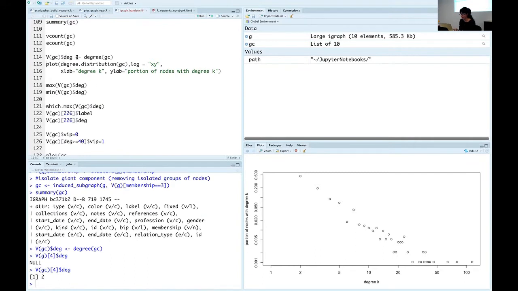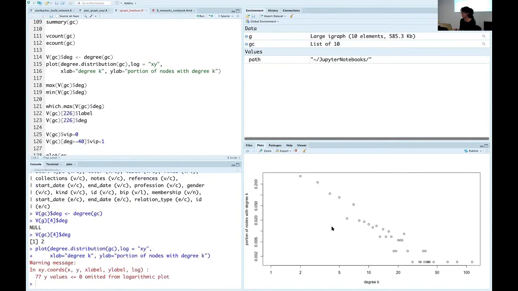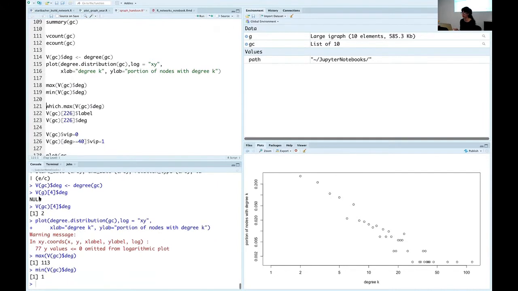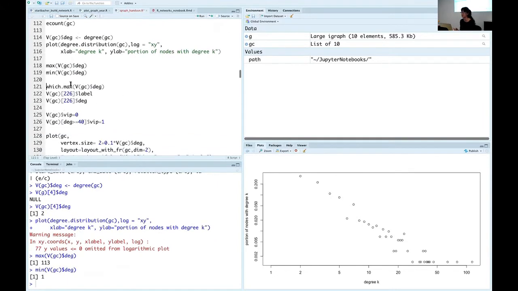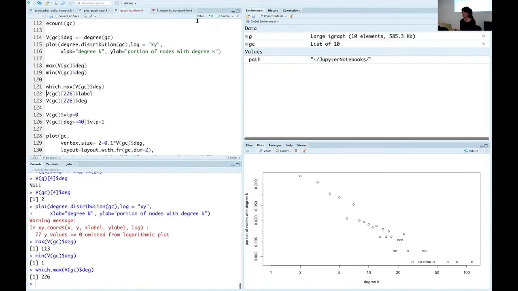And I can plot the degree distribution also for this network. We can see that it's quite similar to the previous one, and this is natural because I cut some nodes here with low degree, so it makes sense that the degree distribution is the same. I can see, for example, the maximum value of the degree and the minimum value of the degree. And if I want to access the node with the maximum degree, I use this which.max that gives me the